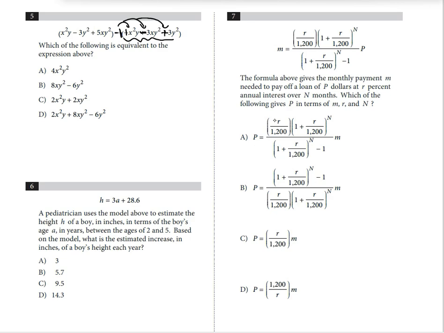All right, so plus minus plus. Now we can group our like terms together. So I'm going to rewrite this down here, grouping our like terms together. Our like terms have the same variable raised to the same power. So I'm going to start with the x squared y, and